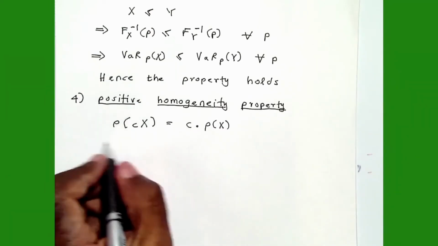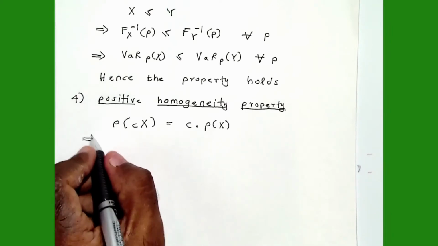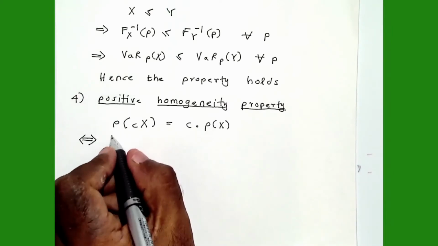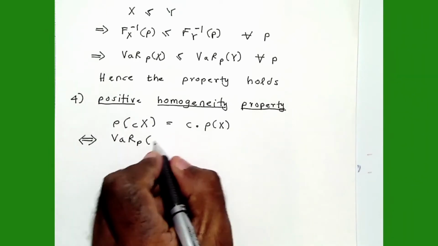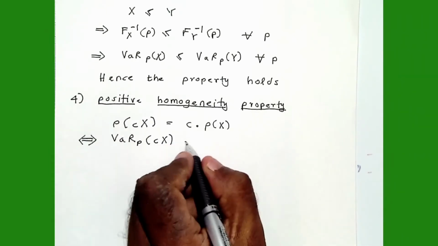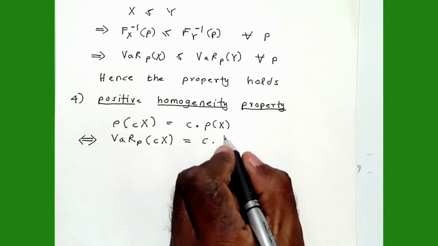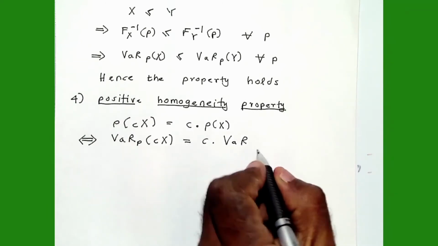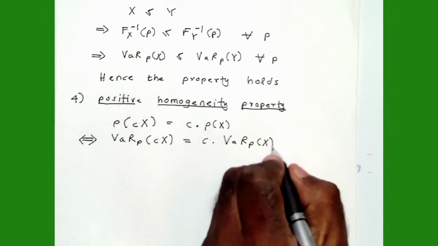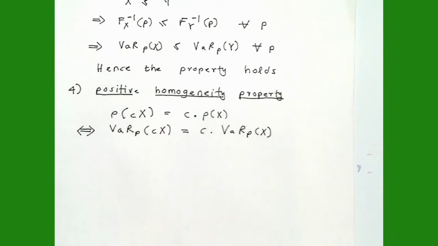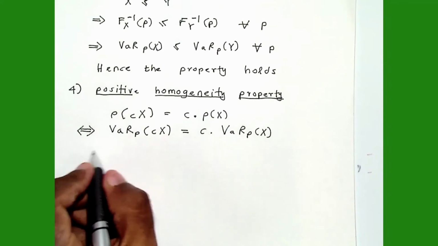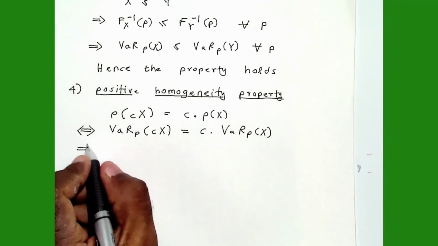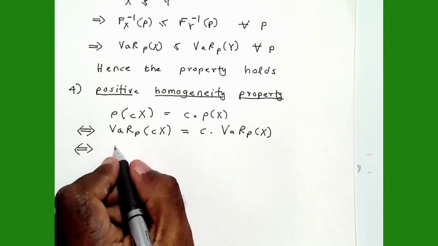Right? Now for VaR, this is the same as saying that VaR at Cx is C times VaR at X. Okay. Right. Now, assuming that X is a continuous random variable, this you can write as